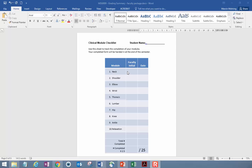The faculty sign off on a page, which is a separate page, and it walks them through the things that they need to do to practice. They sign off on that page, and the students, with glee and a smile on their face, should also bring the summary sheet to you so that they're not signing your signature here. They're in fact,